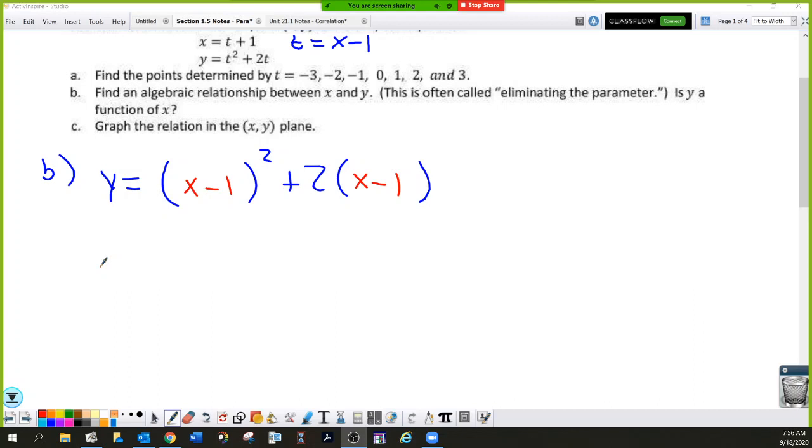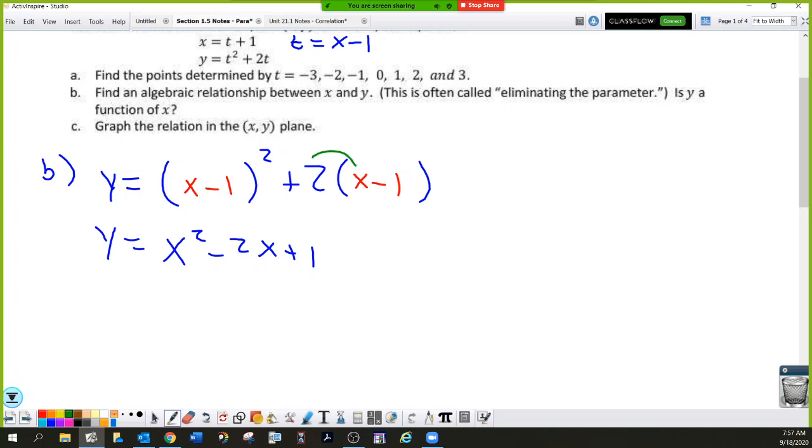X minus 1 quantity squared does not mean x squared plus 1 or x squared minus 1. Please don't fall into that trap. X minus 1 quantity squared means x minus 1 times x minus 1, so you do have to FOIL. Again, I'm going to assume that we all know how to FOIL. What it's going to give you is x squared minus 2x plus 1